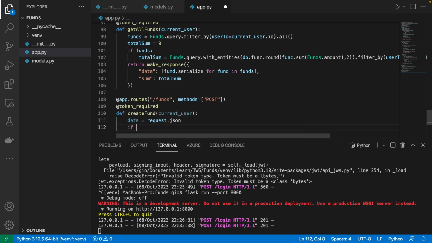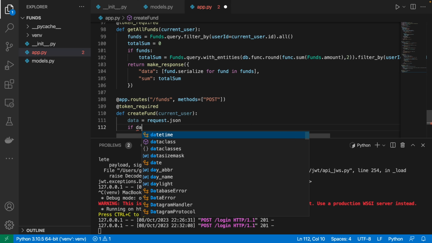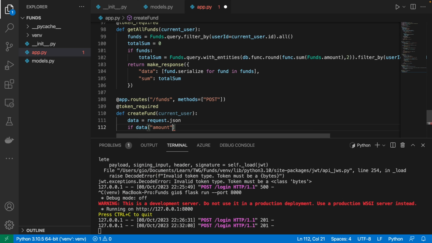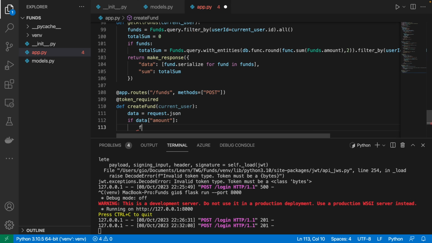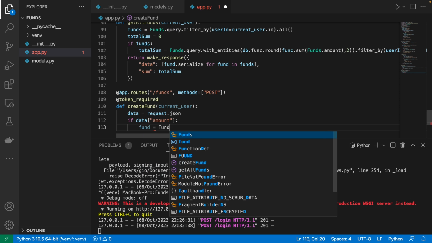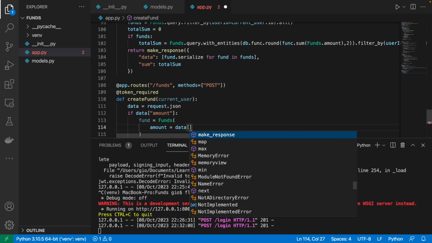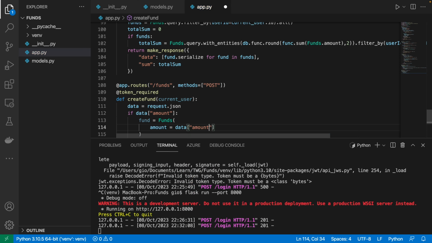And then if it has data amount, then fund is now going to be equal to an instance of funds. Like, we're going to utilize the model to create a fund, right? So we can do the amount is equal to data amount, and